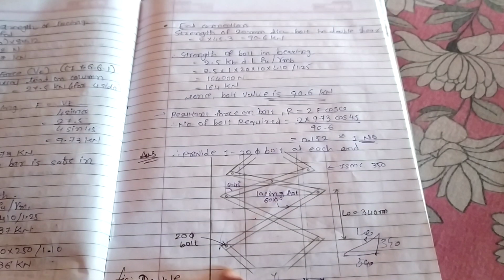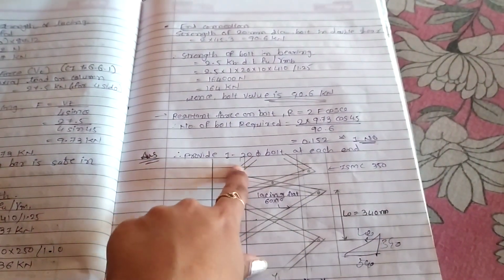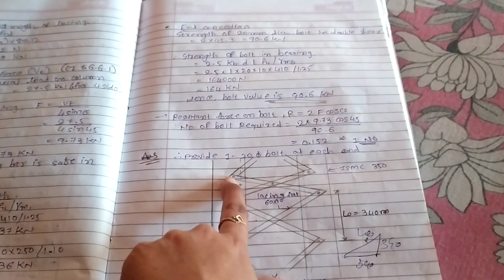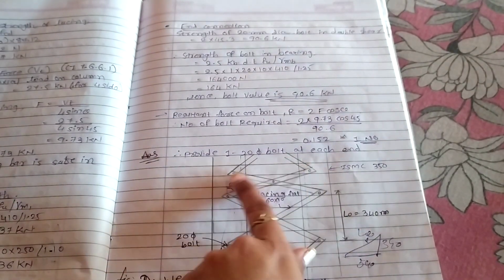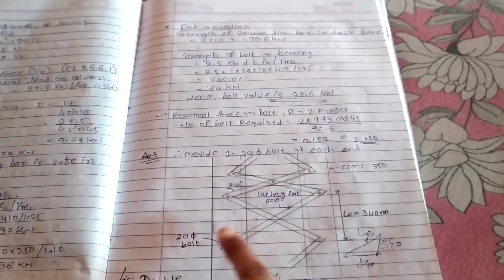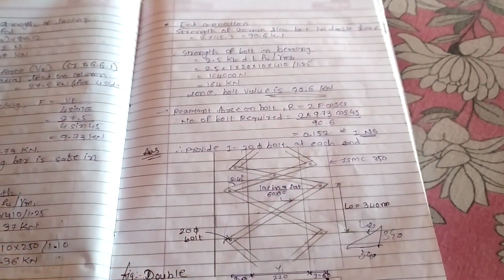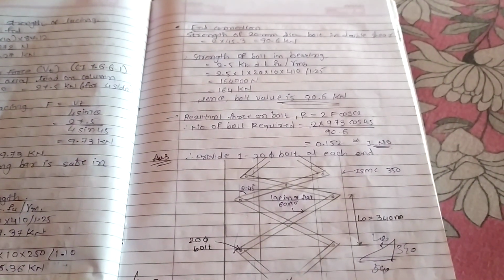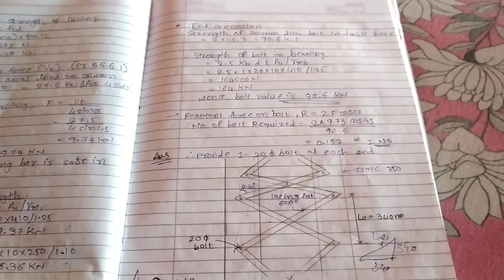Here figure is given. These are the two types of lacing system, left and right. At each end both the lacing systems are connected at one point, and this connection is given by 20 mm bolt, one bolt at each end. Here one bolt at each end is drawn in figure. Okay, these are the figures for double lacing system. These are the example of double lacing system. Here example of lacing system are completed. Now a new topic is battening. It's given in next videos.